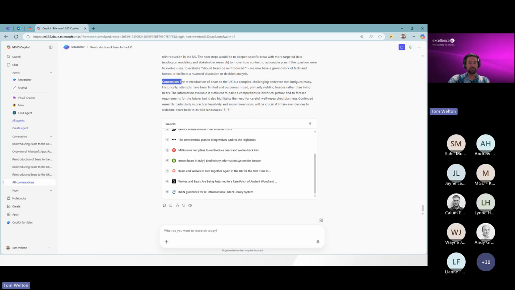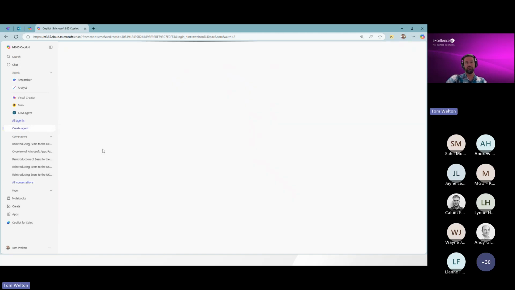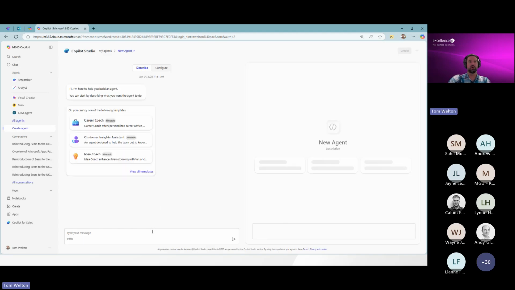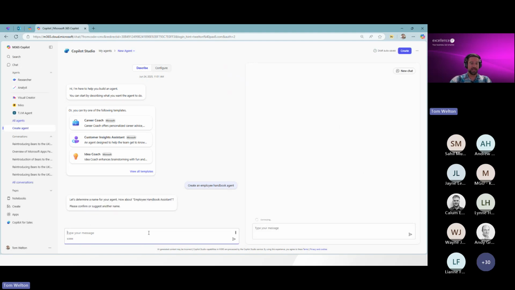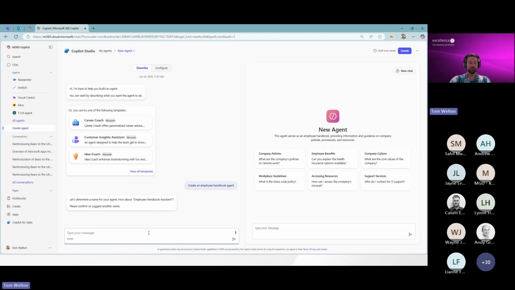And as a final one here, Andy, before I turn it back over and we answer some questions, if you want to start experimenting with customizing it, this create agent here is going to continue to evolve. Maybe you've just gained access to Copilot for the first time and you want to start building some of these agents. Maybe you do something like an employee handbook agent so that everybody in your company can just go into the Copilot agent and ask questions about process and uniform and acceptable use policy and personal devices and whatever that might be.